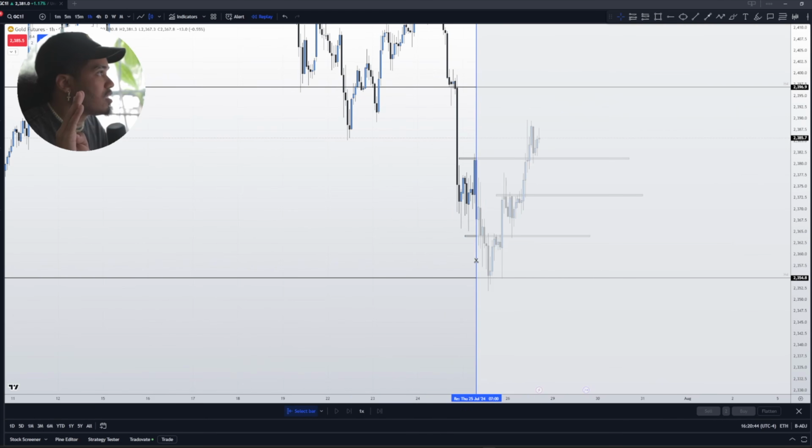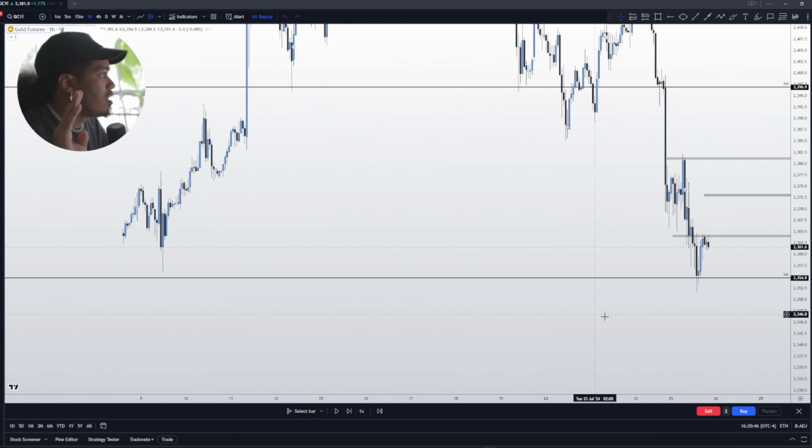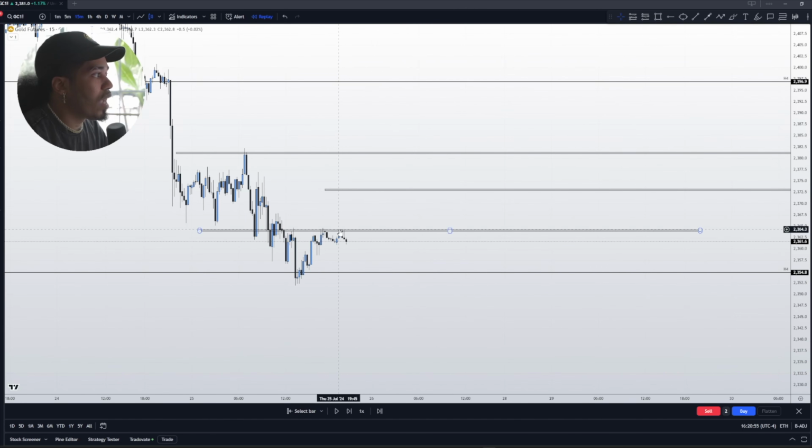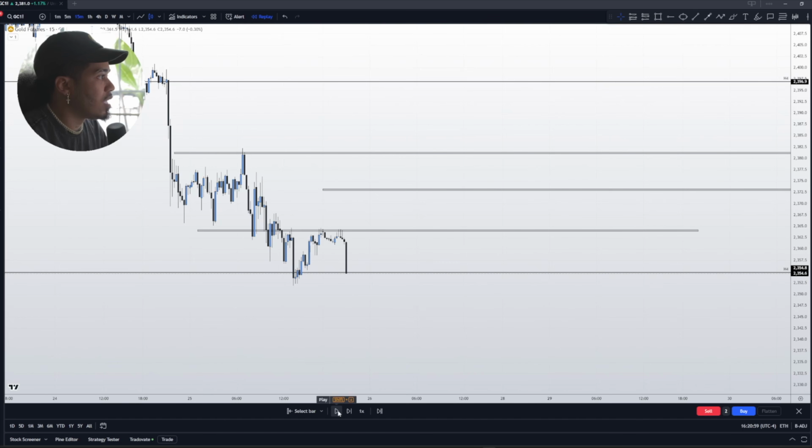I already know this is a resistance area because of that lower high pattern they're starting to create there. So what I do is wait and see that they're holding resistance there. Let's press play. And then boom, we have sellers come in and get rejected there. I'm still not entering the buy position, guys. I'm still waiting and seeing if they could break either the low or the high.